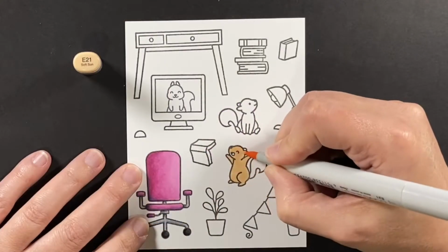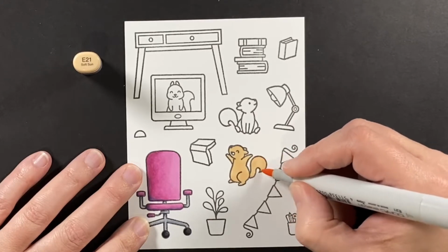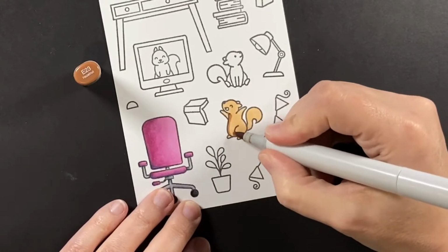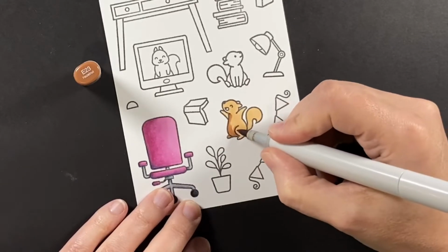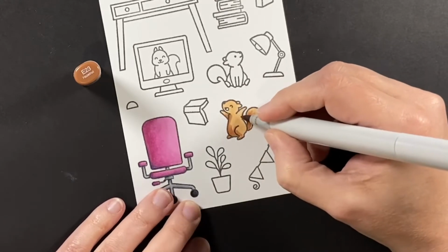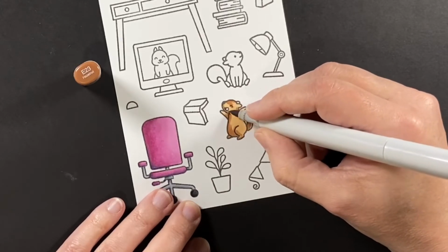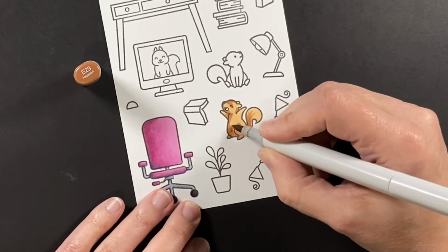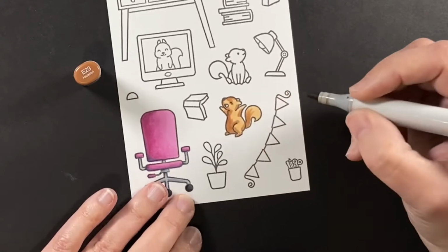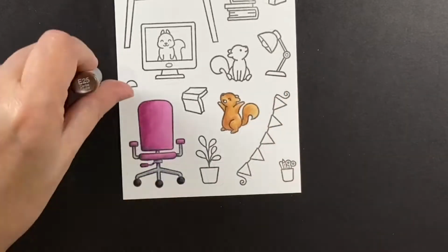Now on to the squirrel. So I'm starting with an E21, and I just colored his whole body with that E21. Usually I'll start out with just where I want shadows with my lightest color, but I was kind of a maverick today and just colored everything. So I'm starting my shadowing with the next color up, which is an E23, giving him some depth around the eye and just every nook and cranny where it would be a little darker, kind of giving him some shape there, some roundedness. And then I'll blend that back into the lighter color using that E21,